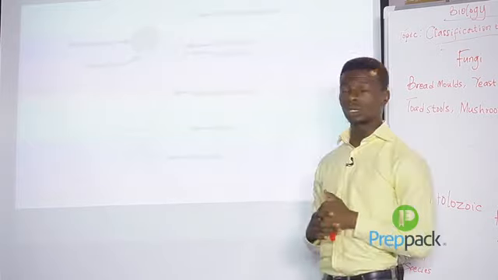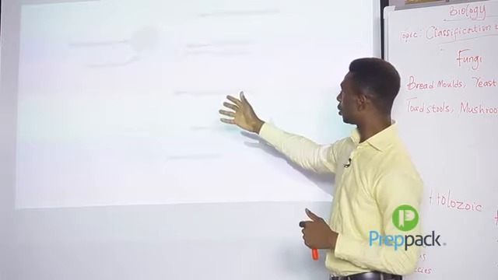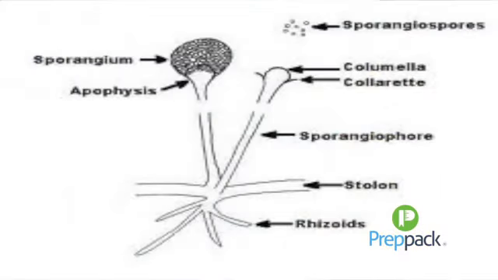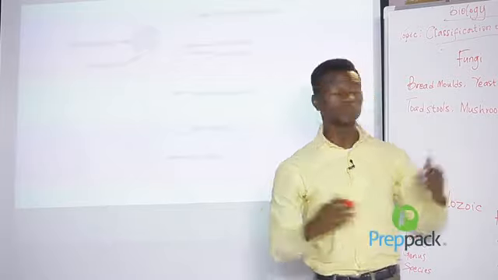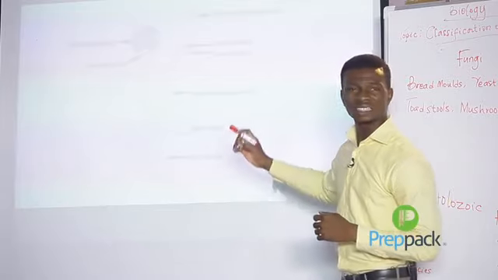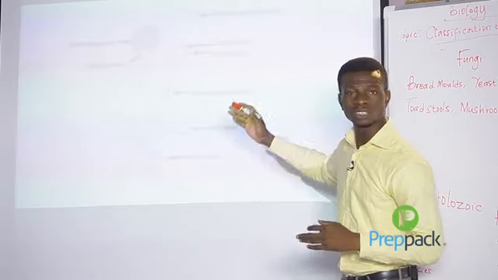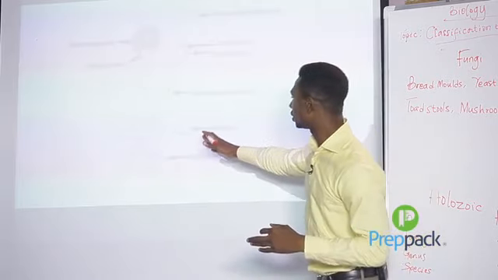From the image we are looking at, it grows on a substratum. And what could be the substratum? A decaying food. Now, the Rhizopus, which is the bread mold, is multicellular. Now, this multicellular hyphae,